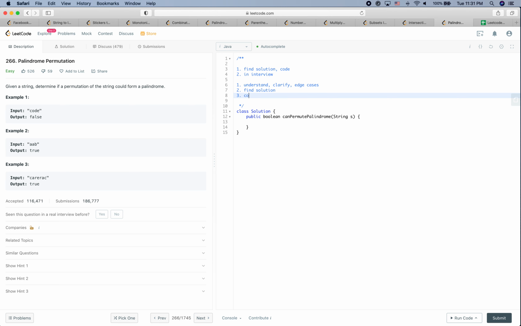So the next part is about coding. For coding, care about your correctness and readability and also the speed. So let's do some coding work. So for this one, we'll get the characters. This is a set, a new hash set. For char c in s.toCharArray, and then